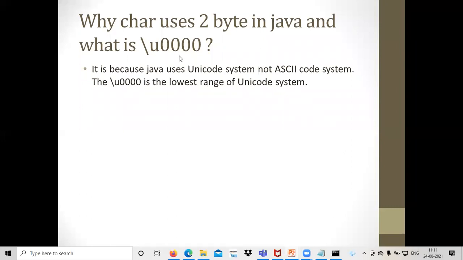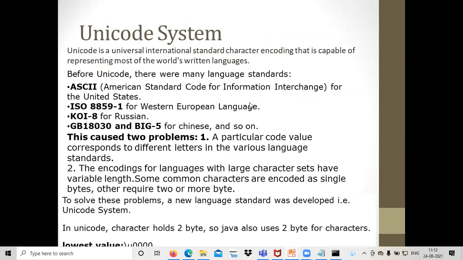So this is the lowest range, so that's why we have given it as a default value. Fine. Now the question arises: why do we use a Unicode system in the case of Java? Because the ASCII code system will have only a limited set of characters, but there are also many other language standards, like ASCII, that is American Standard Code for Information Interchange, and similarly we have ISO,